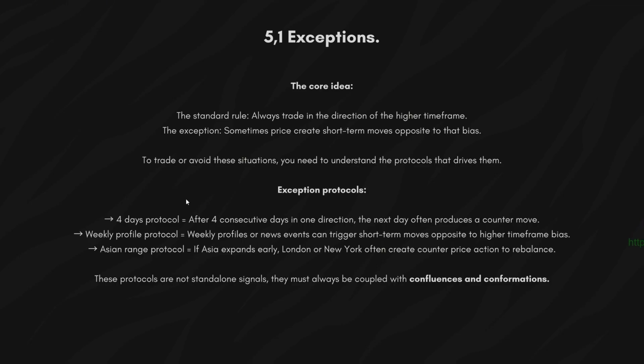An example of this would be that if the Asian session forms an expansion in the direction of the higher time frame drawn liquidity early during the day, then during London Open, London basically forms a retracement profile and retraces, and then during New York, after we've formed the OTE, New York then expands higher in the direction of the higher time frame drawn liquidity. So in this exception protocol scenario, you would have avoided the London session because,